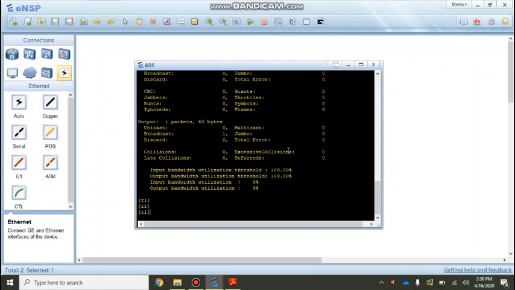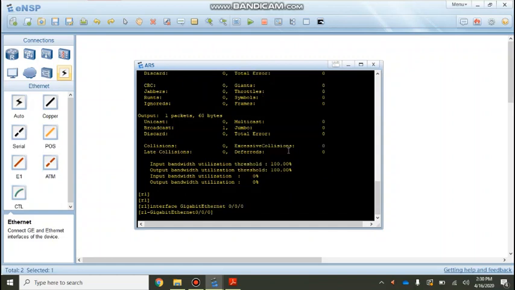Another step we have to do is, we have to connect this router to the other router to start the connectivity. For that there is another command. We have to go back into the interface view, which is interface gigabit ethernet 0/0/0. So here I will type description.